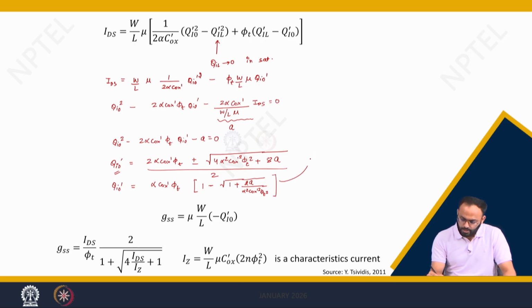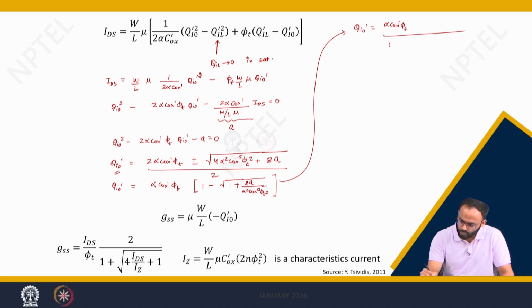Now this can be rewritten as QI dash 0 is equal to alpha into COX dash into phi t, factorize it as 1 plus square root of 1 plus 2A by alpha square COX dash square into phi t square, and in the numerator you will get 1 minus 1 minus